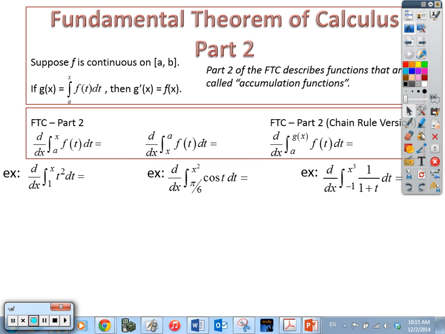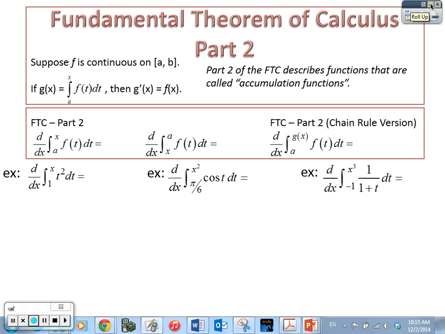All right, let's take a look at our lesson for today. I know we've been waiting for this time. We finally get to talk about the Fundamental Theorem of Calculus Part 2. It's so exciting. There's actually two main concepts that we want to get for this particular portion of the fundamental